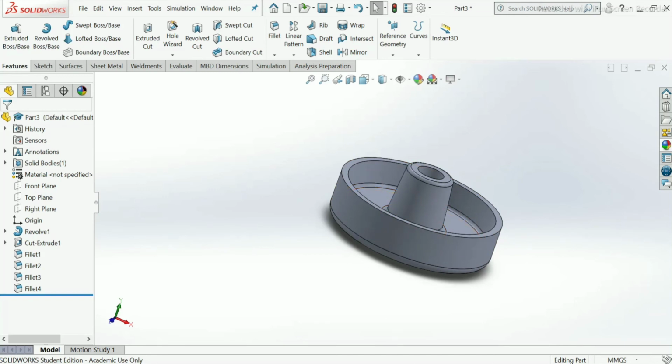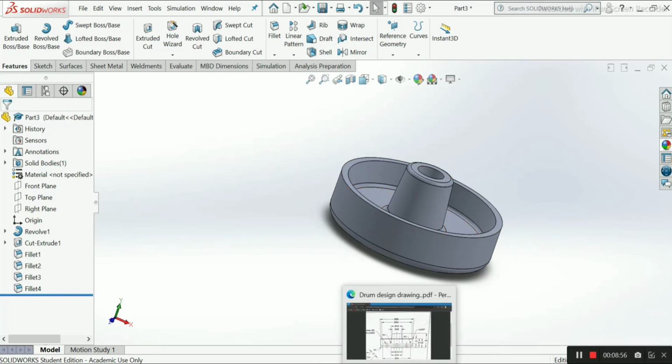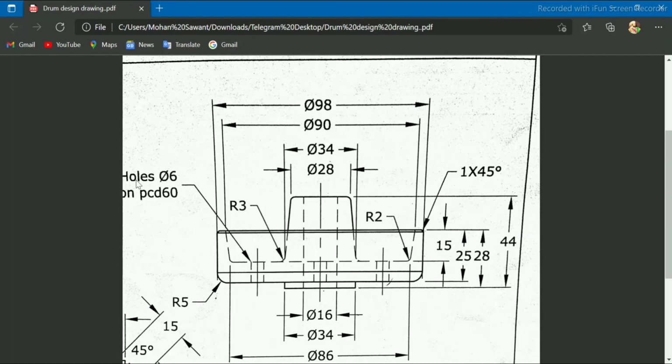Now in our 2D sketch it shows 4 holes having diameter 6 mm on PCD 60. PCD full form is pitch circle diameter, so I have to make a 60 mm PCD on this drawing here.